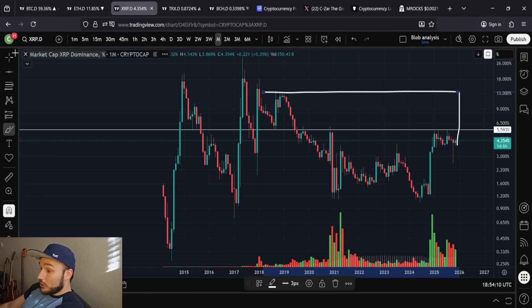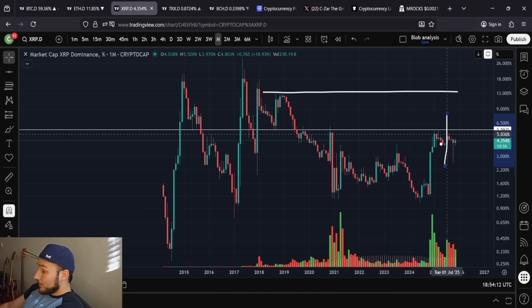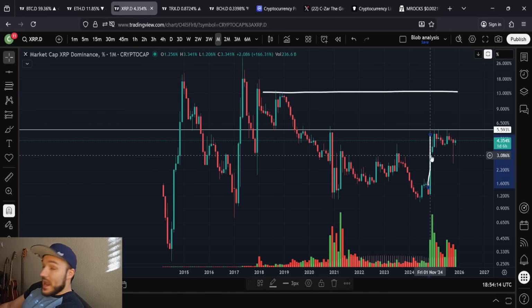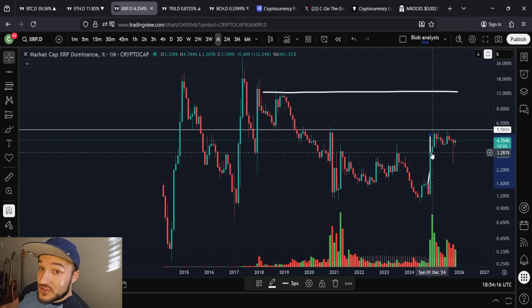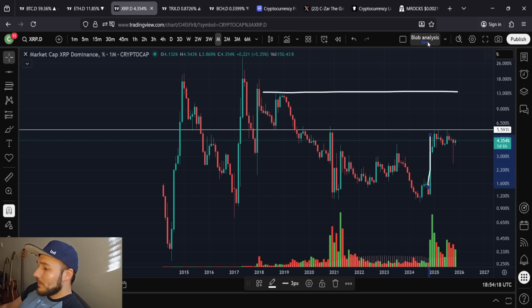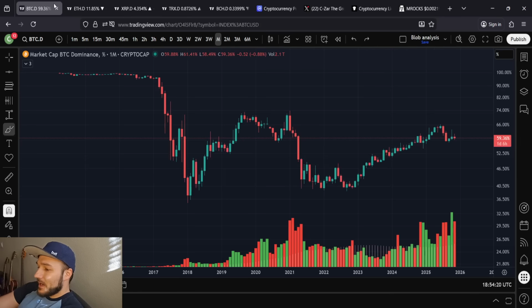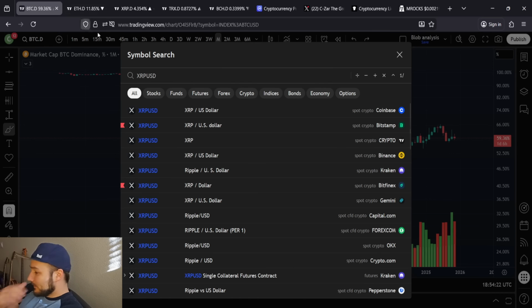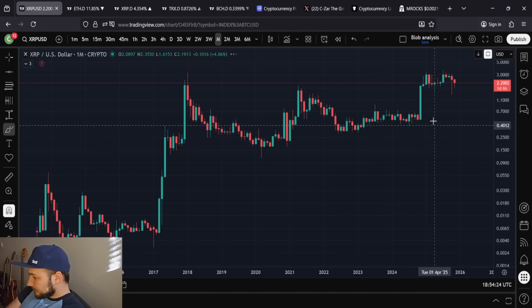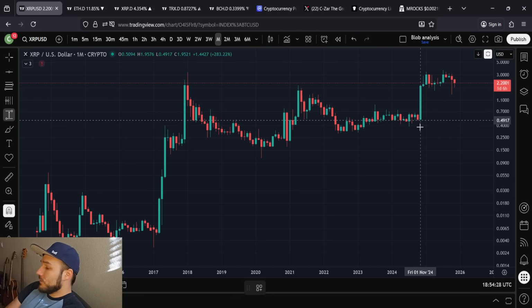That's a big amount. Look at what happened here. Back here, it was the same amount. And that's when XRP grew 400% in 1 month. Or maybe it was 2 months. Let me look back at that. Hold on. Let me double check that. 283%. Maybe it was Stellar Lumens that grew 400%.